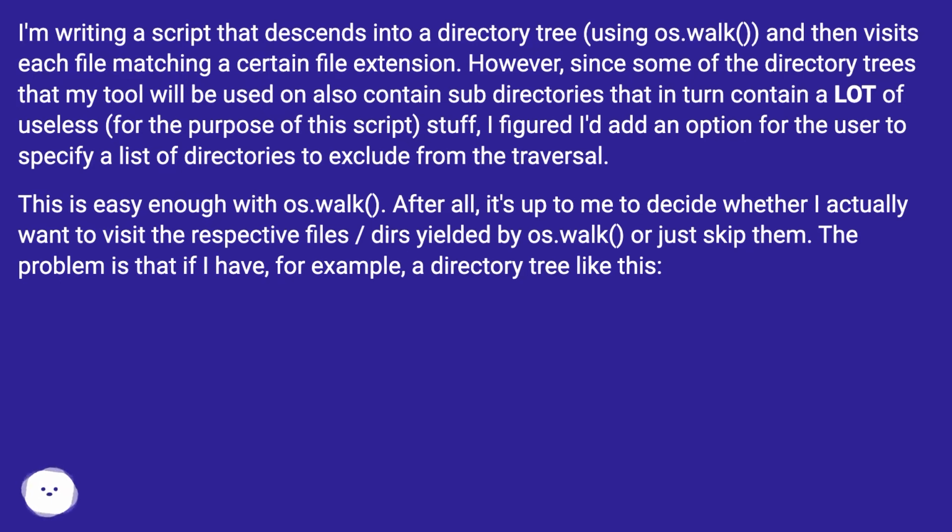This is easy enough with os.walk. After all, it's up to me to decide whether I actually want to visit the respective files, dirs yielded by os.walk, or just skip them. The problem is that if I have, for example, a directory tree like this,